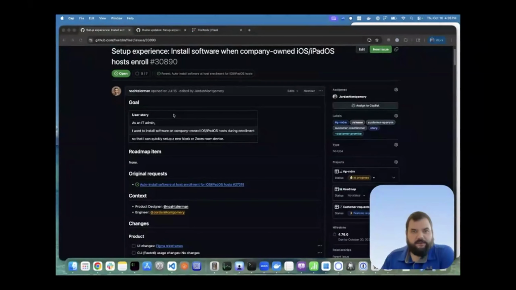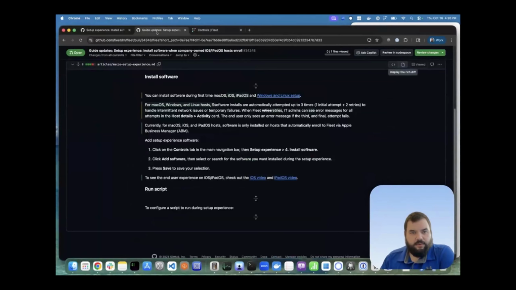In this context, company-owned means devices that are in Apple Business Manager or Apple School Manager and that enroll using automated device enrollment. We've had this feature on macOS for a while. We're expanding it now to VPP apps on iOS and iPadOS. We are updating our feature guide for software installs to call out that we now support this on iOS and